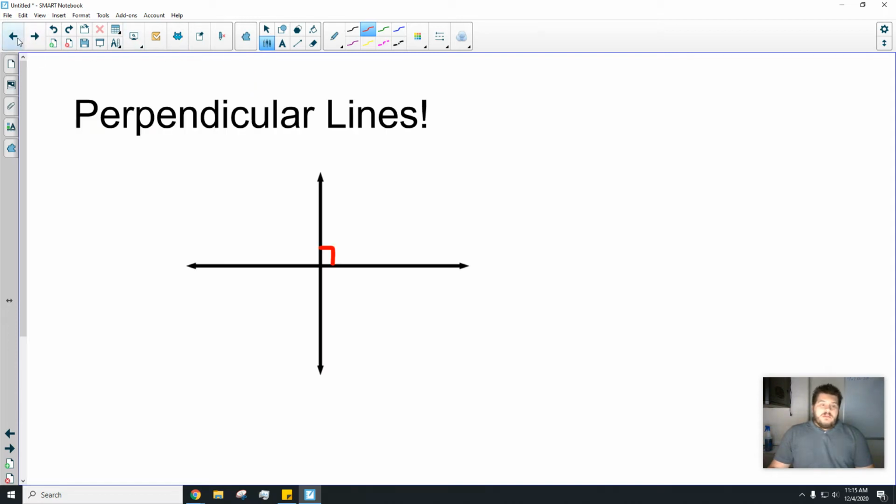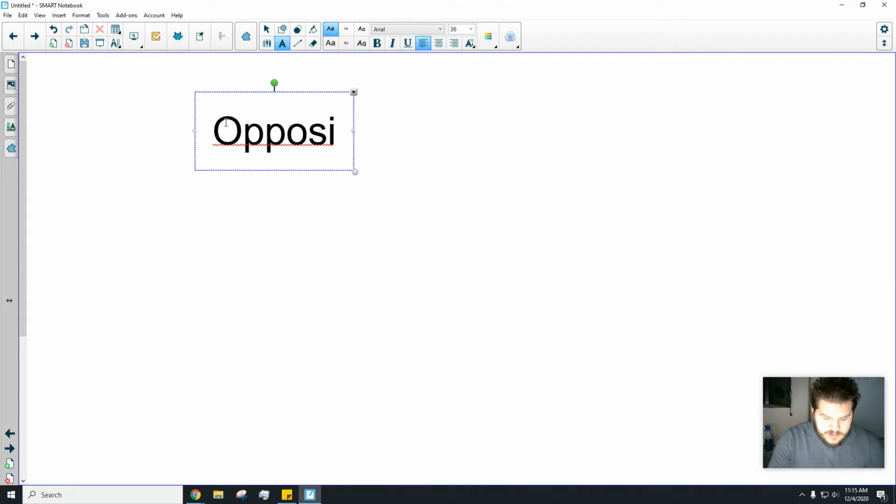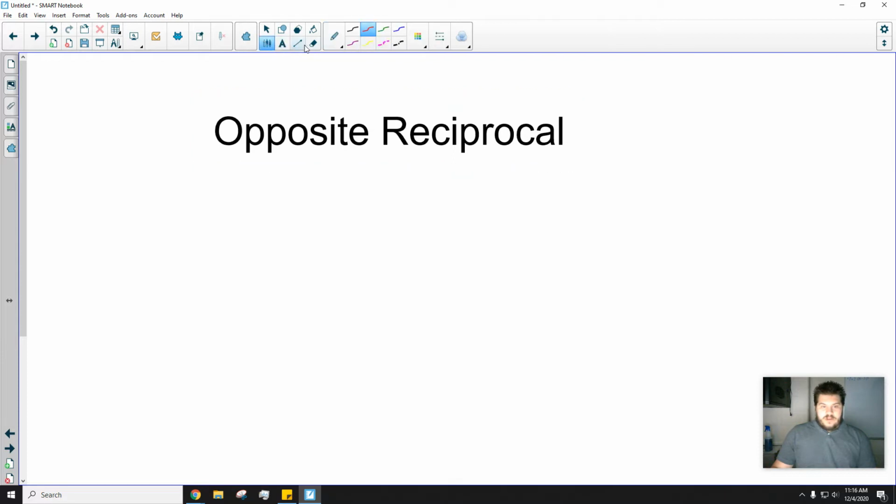So there is a term in math called an opposite reciprocal. What an opposite reciprocal is in math is like if I gave you the fraction